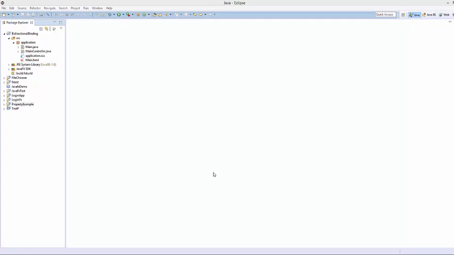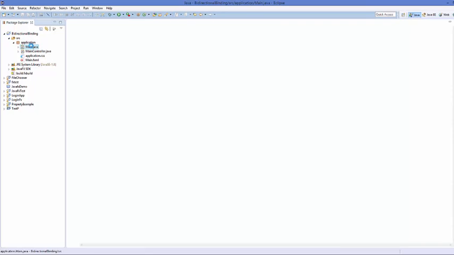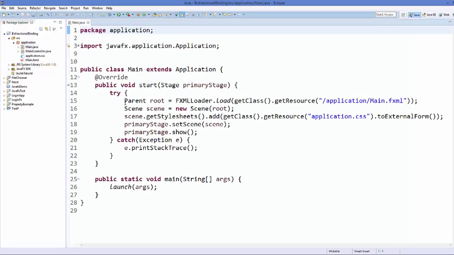In the last video, we have seen how to use unidirectional binding in JavaFx using properties. In this video, we will see how to use bidirectional binding with an example. So let's get started. I have created this sample project in which I have this main.java class in which